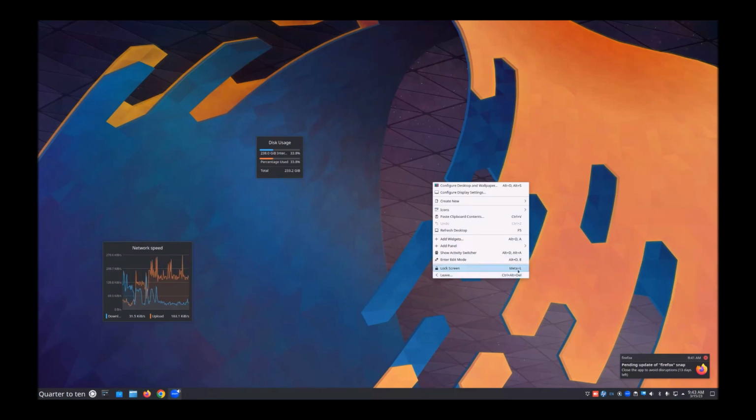Although you can also do a shortcut. The meta key is what Windows users would call the Windows key. So meta L would lock the screen. And you can also, under desktop settings,